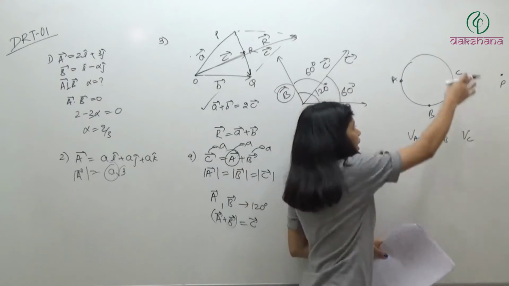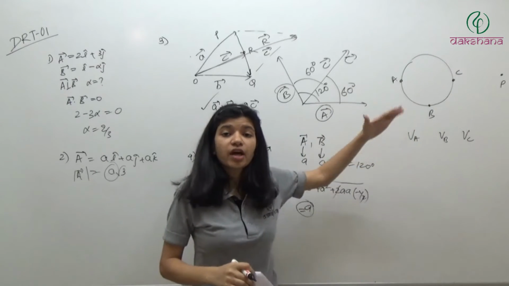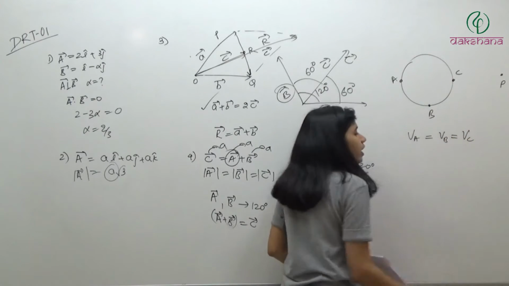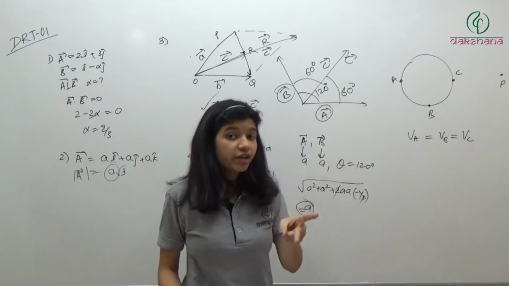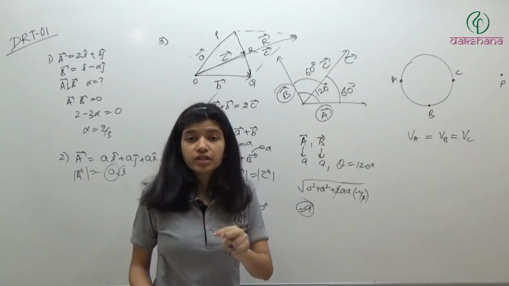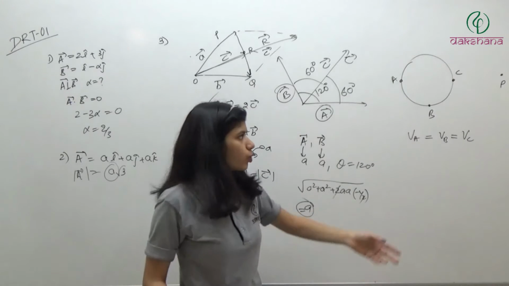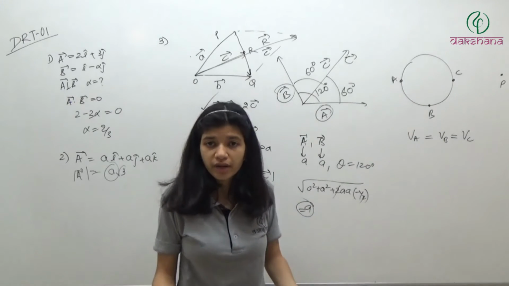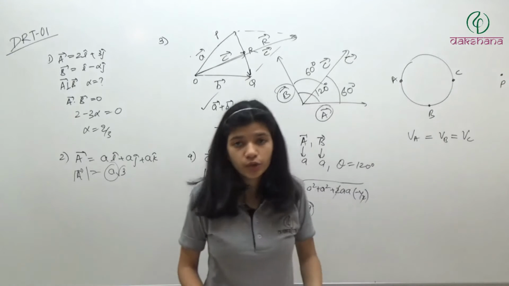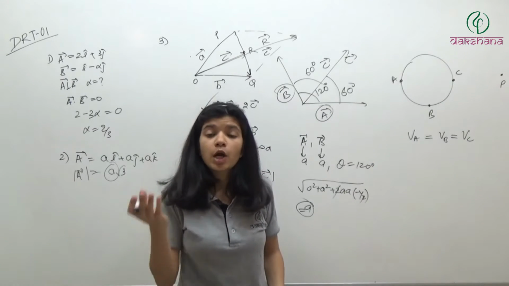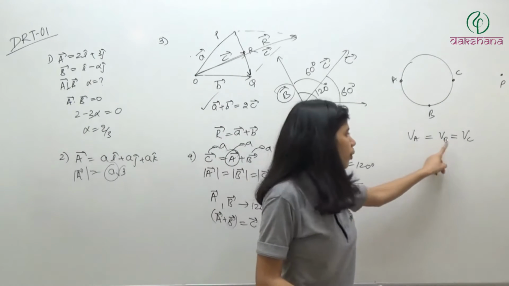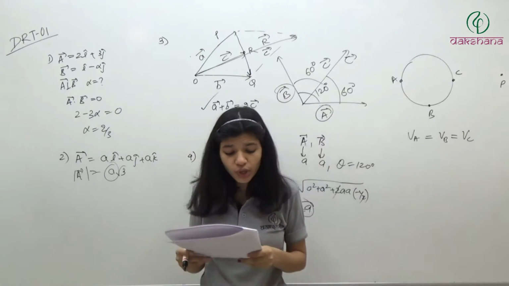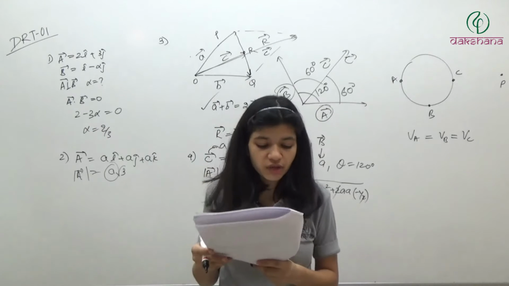Now here the electric field is zero, so it becomes an equipotential surface, and all these points will be equal to each other. Because if there were a potential difference, the electrons would keep on moving, which will not happen. They move until they stabilize and there is no chance of moving anymore, that is, until the electric field becomes zero. Electric field zero means potential difference zero. So all the points will be at the same potential: VA is equal to VB is equal to VC. So the answer will be VA equals VC, which is given in the fourth option.